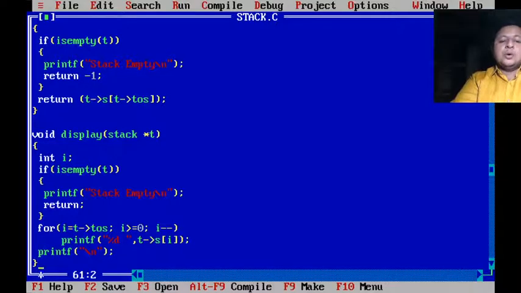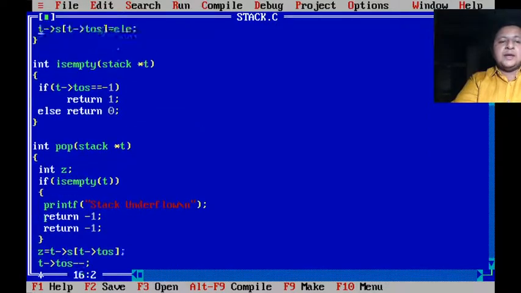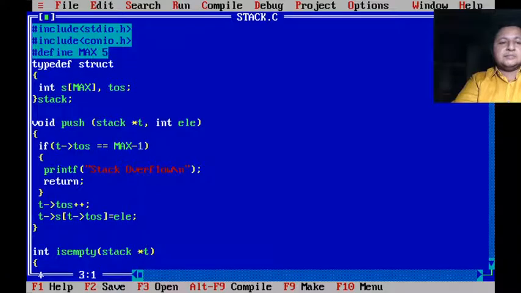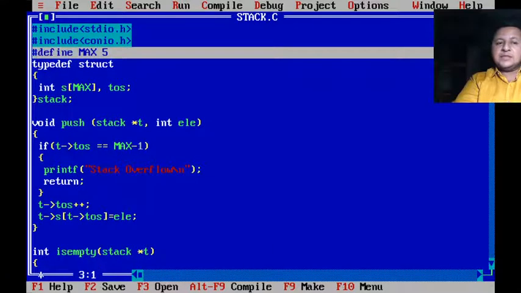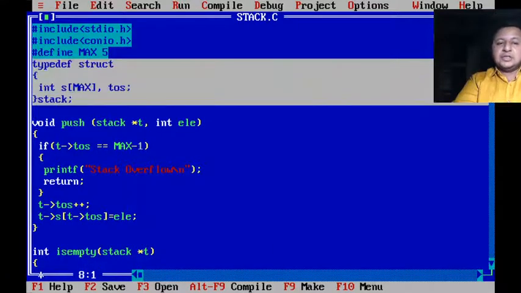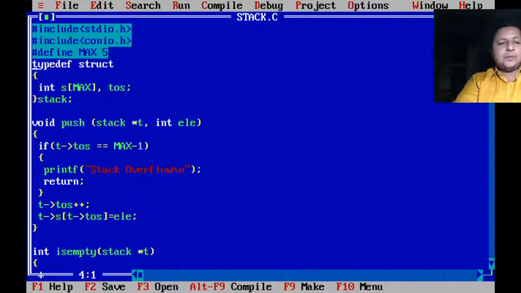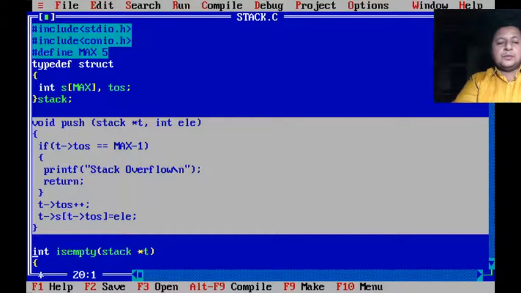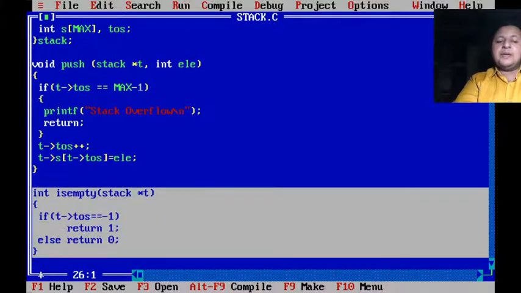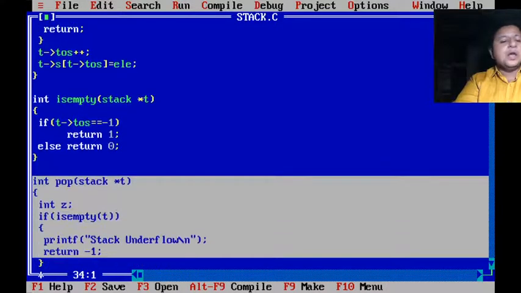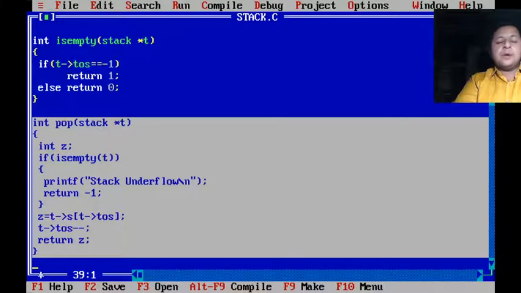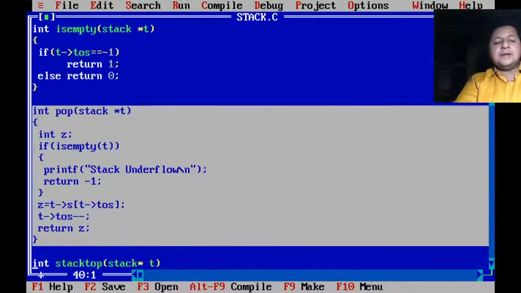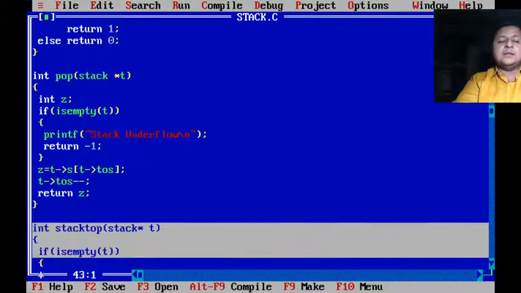Clear? So again, just quickly to revise, we had created the macro for the size of the stack. We had created the structure with array and top of the stack. Then function push, to push the element onto the stack. Function isEmpty to check whether the stack is empty or not. Pop function is to pop the element from the stack. If you couldn't pop, if there is an underflow error, we return -1. We'll see in main how to handle this.